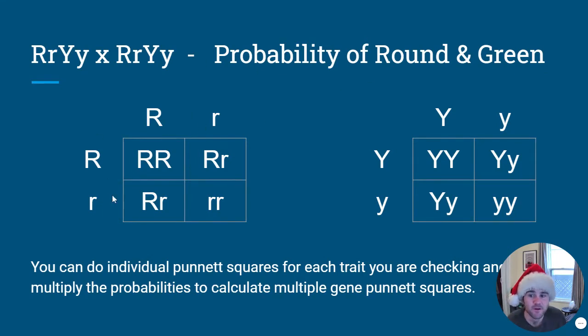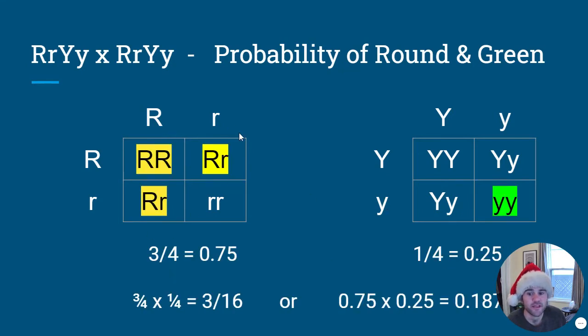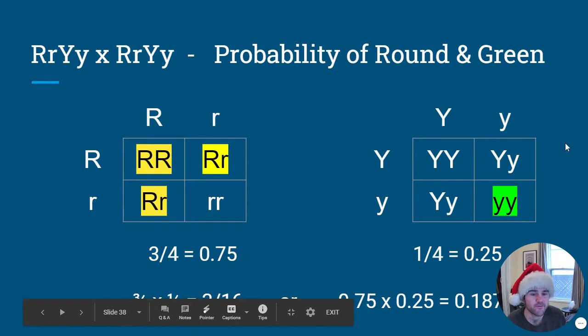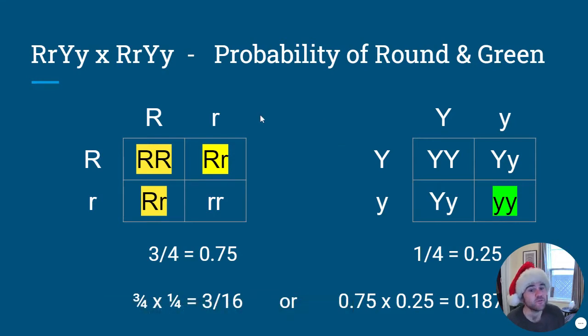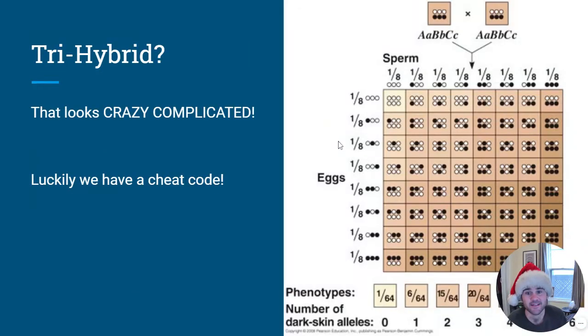Probability that it's round. If I do a monohybrid, that's big R, little r, 1, big R, big R, 2, big R, little r, 3, little r, little r, nope. So 3 out of 4. How many will be green? Well, only one little y when I did the cross here. And remember, these are the same alleles I got from the parents. That's 1 out of 4. So if I do 3 out of 4 times 1 out of 4, that is going to be 3 over 16. Or if I do the percentages, 0.75 times 0.25 is 0.1875, 18%. The same thing. You have a shortcut. If you just do the monohybrid crosses and multiply, you'll get the same answer. It's going to take you a lot less time.